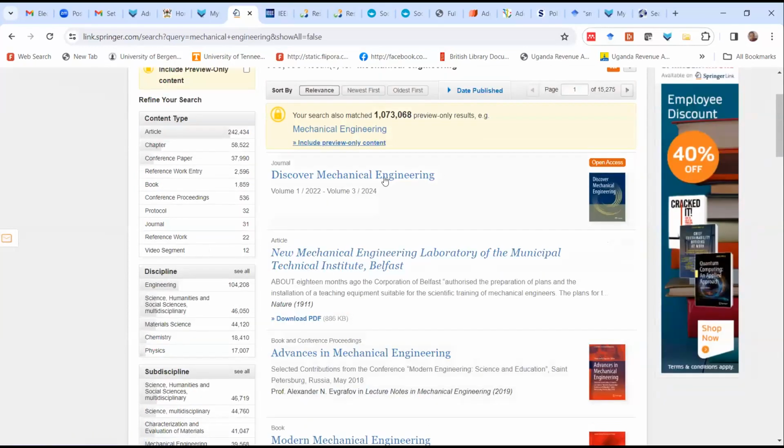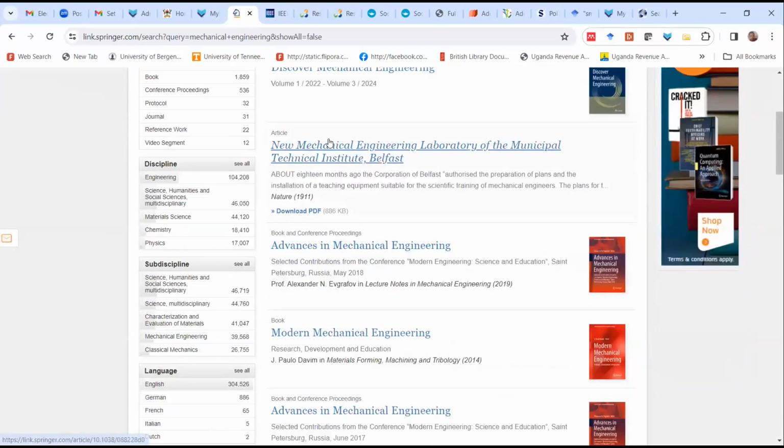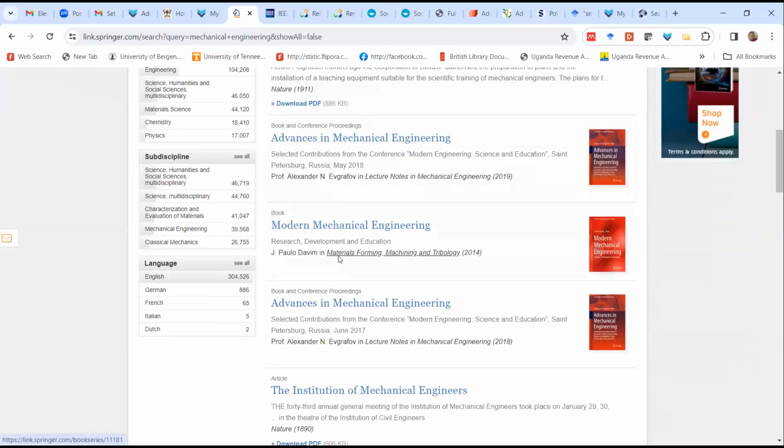This is a journal article. When I click on this journal article, or when I click on a PDF, this is very clear. You have the download. Let us look at the books. For example, we have Modern Mechanical Engineering. I'm probably interested in this book. When I click on this book, Modern Mechanical Engineering,